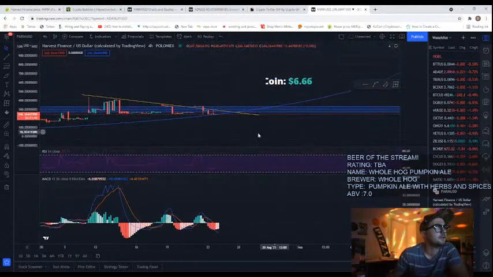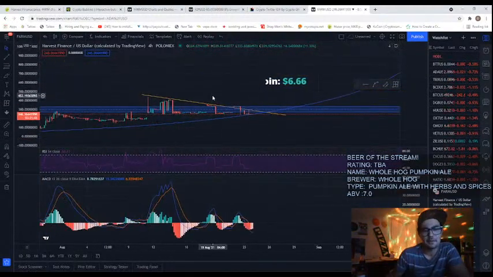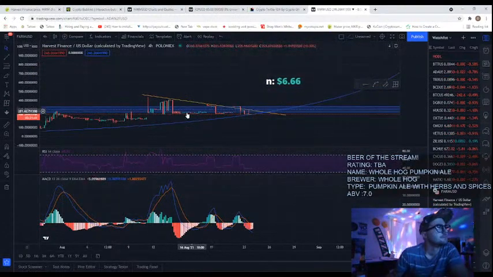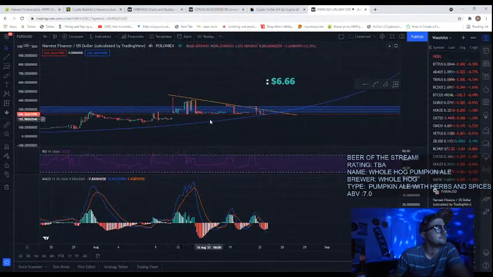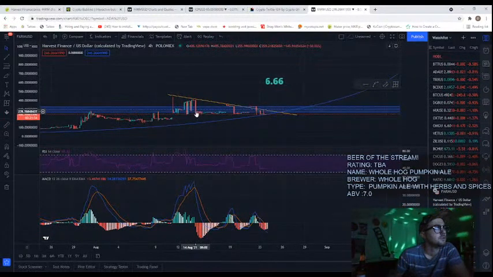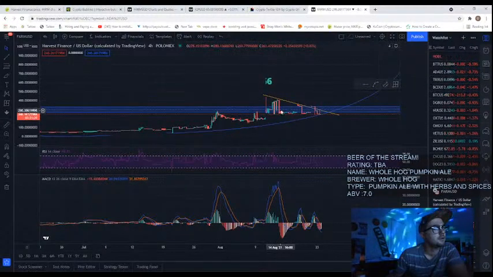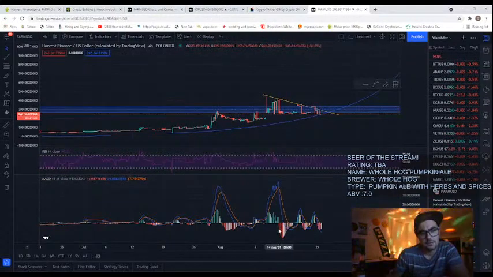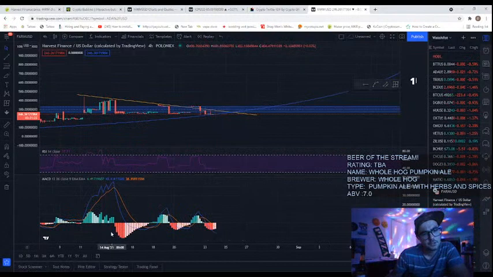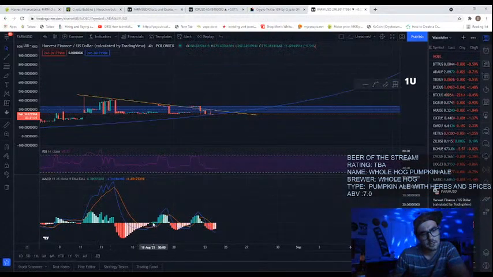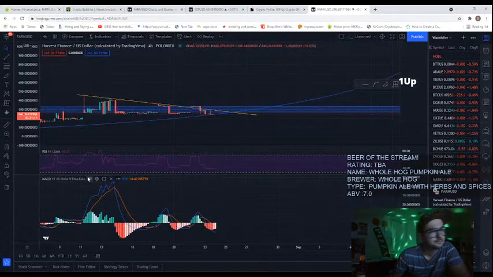This chart's very gappy, so basically from this sell-off here, around August 14th, you have this huge negative momentum histogram island right here. See this big negative momentum histogram island, and then from there